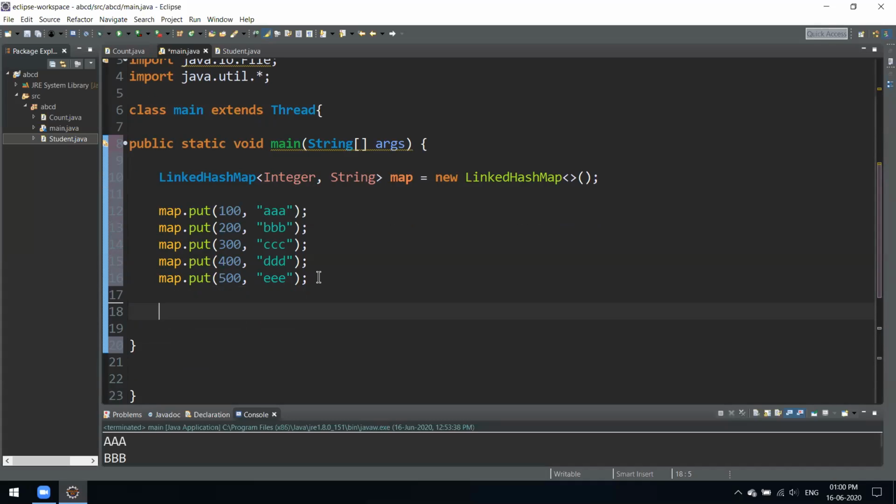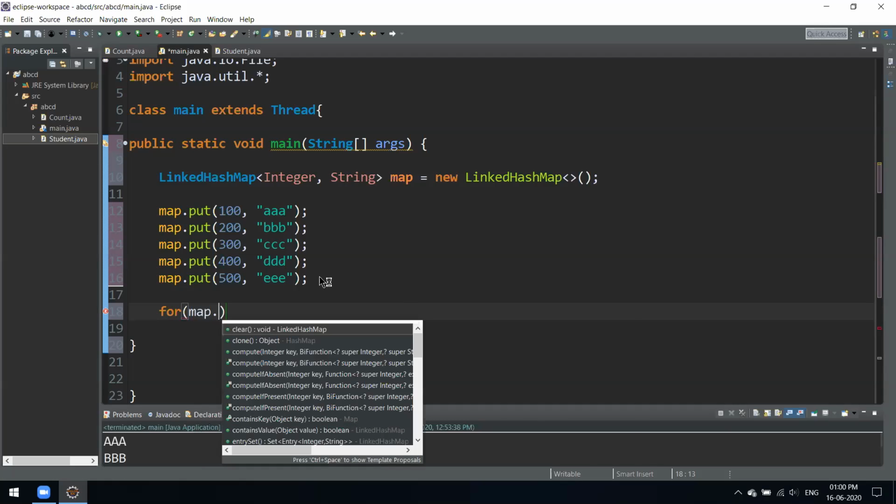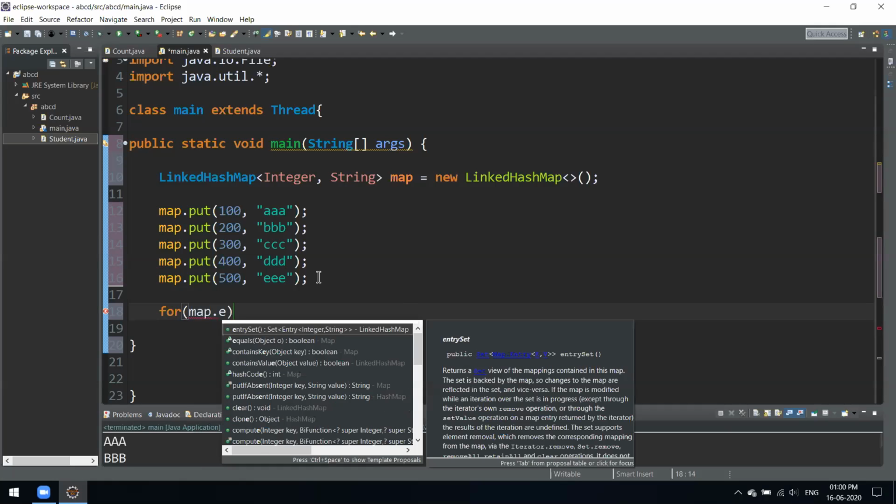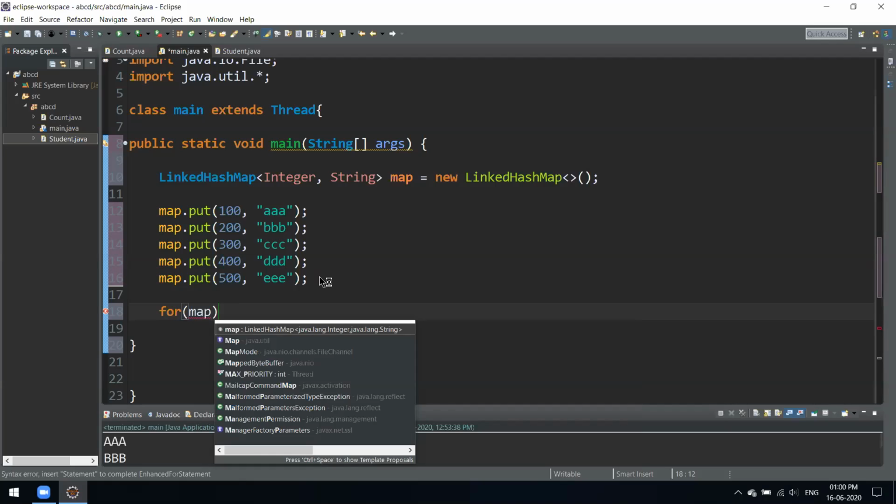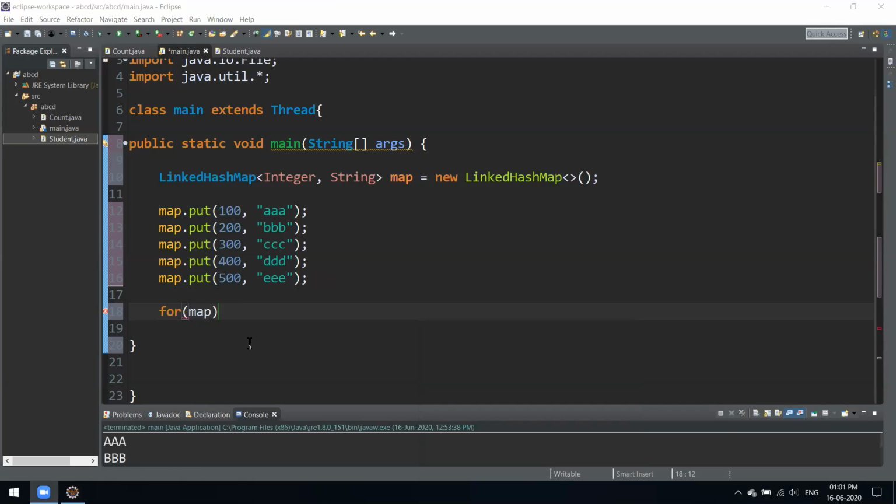So what should we use? Let's use a for each loop over here. That would be easy to understand. Why do we use a hash map?